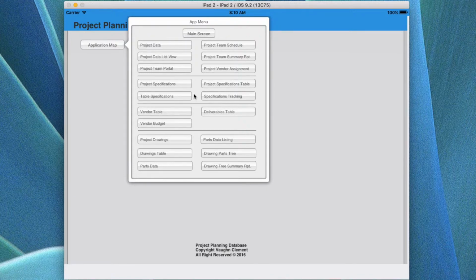Well, what you're doing is you're documenting not only the specifications from the top down for the main item that you're building, and then the sub-specs for those items that are added at the lower level, but you're also building this toward a full parts tree, and that's going to be covered down in the next section. But basically what you're doing is you should be able to take a project, build the whole project, and